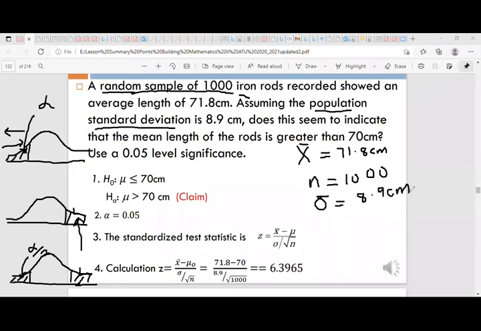Then here comes the investigation. He says, does this seem to indicate that the mean length of all iron rods is greater than 70 centimeters? So this indicates the mean length of iron rods probably produced by some company is greater than 70 centimeters. So this is the claim, the investigation you want to test, as to whether the average length of